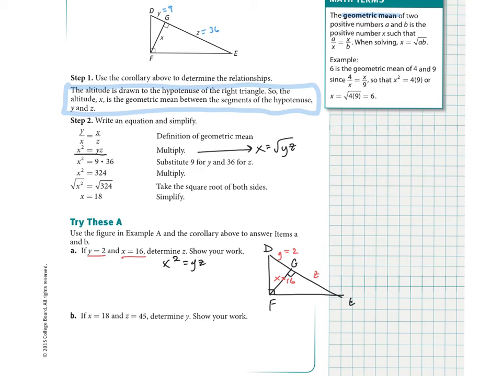Let's fill in what we have. So we know what x is. That's 16. So we're going to do 16 squared equals y, which is 2, times z. So now it's a little bit easier to solve for z here. We're going to do 16 squared, that's 256 equals 2z. And then I can divide both sides of my equation by 2, so that way I get 128 is equal